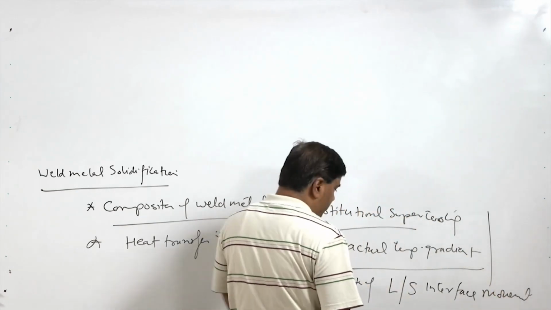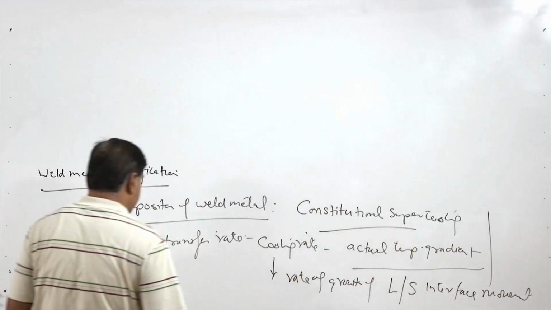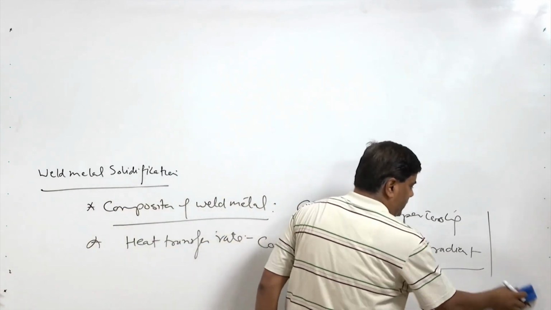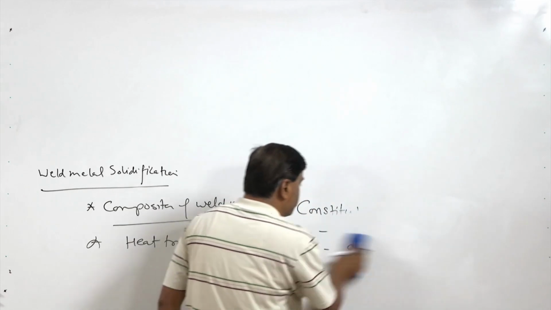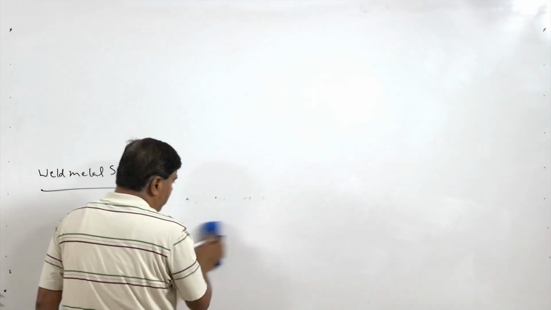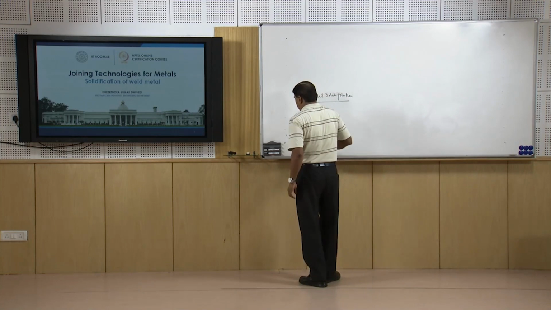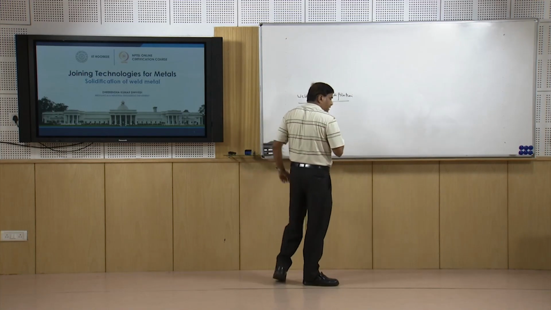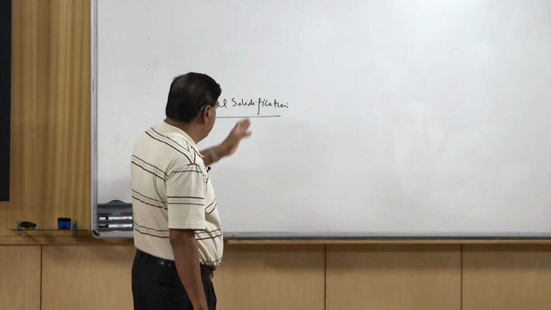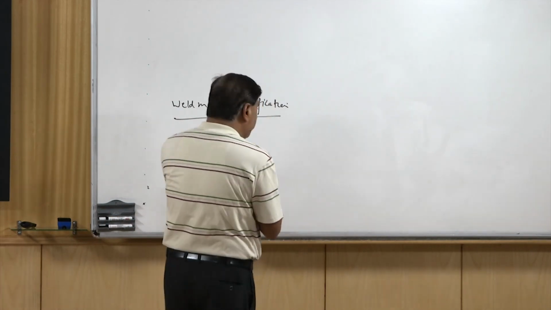So, basically the rate of movement of the solid-liquid interface, or the rate at which the grains grow during solidification. These factors will determine the kind of grain structure which is formed. One is the cooling rate experienced by the weld metal, which in turn governs the actual temperature gradient at the solid-liquid interface, and also the rate at which the solid-liquid interface will be moving or growing. Another one is the composition, that will govern the constitutional supercooling related